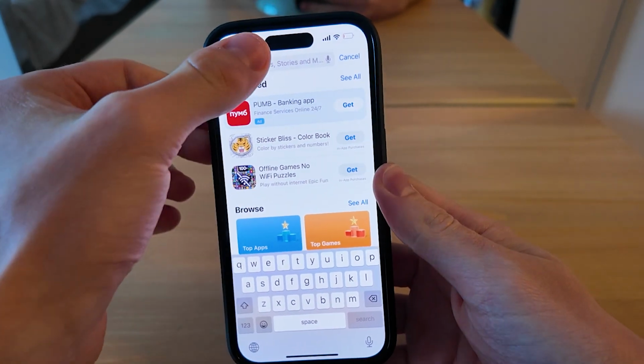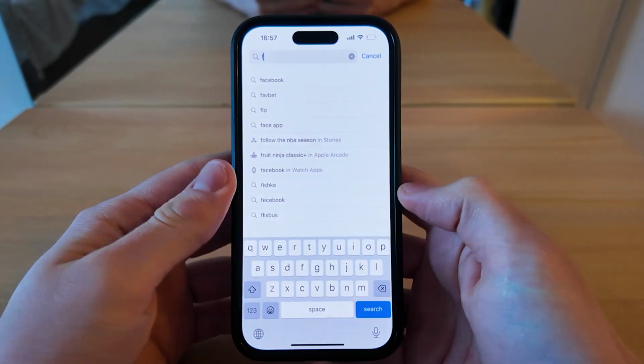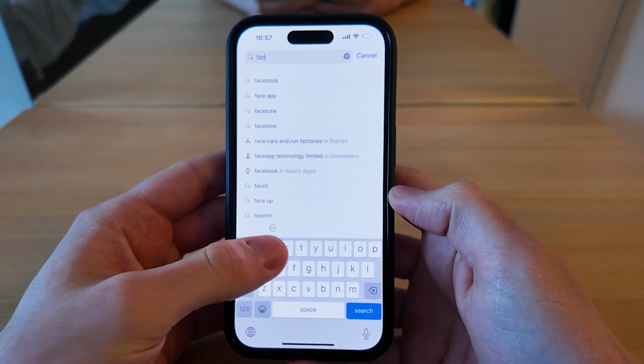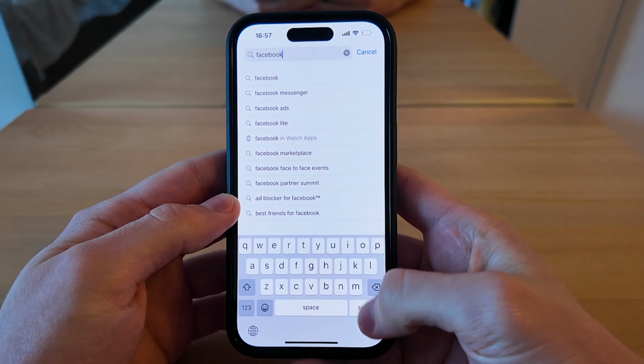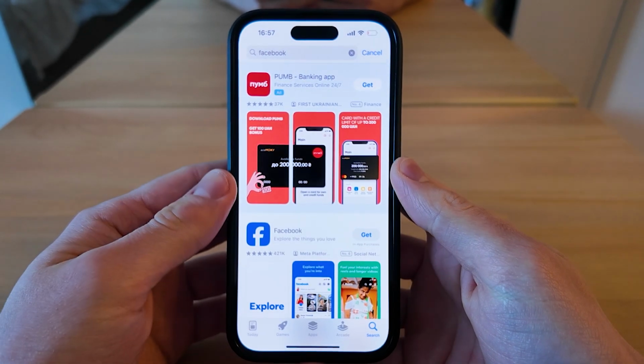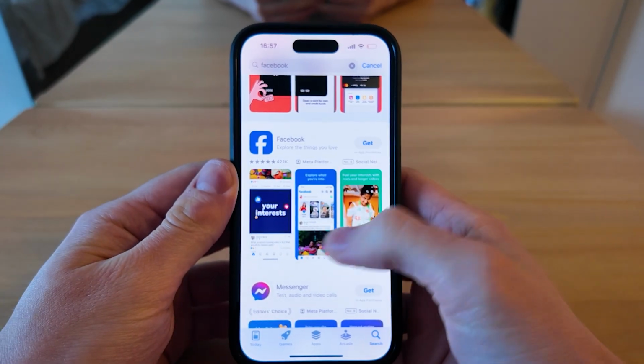And now in the search bar at the top of your screen, you want to type in whatever app you want to download, whether it's YouTube, Instagram, TikTok, Facebook, Snapchat, or pretty much any app you can imagine. So I'm gonna try and download Facebook to my iPhone. So we search for Facebook, and after we find it, which is usually right away, we have to tap on